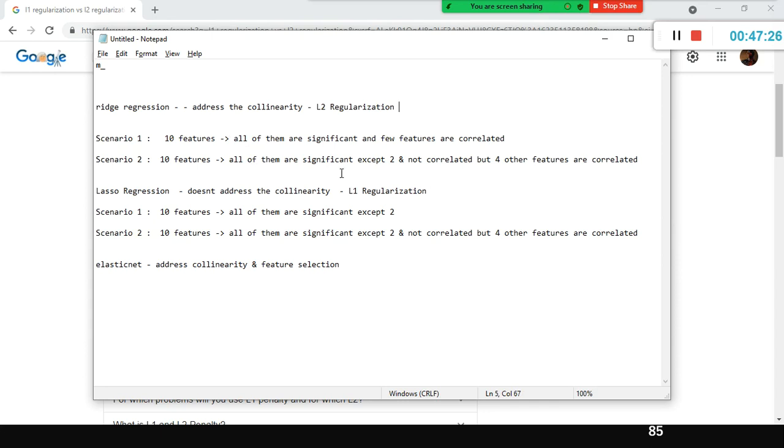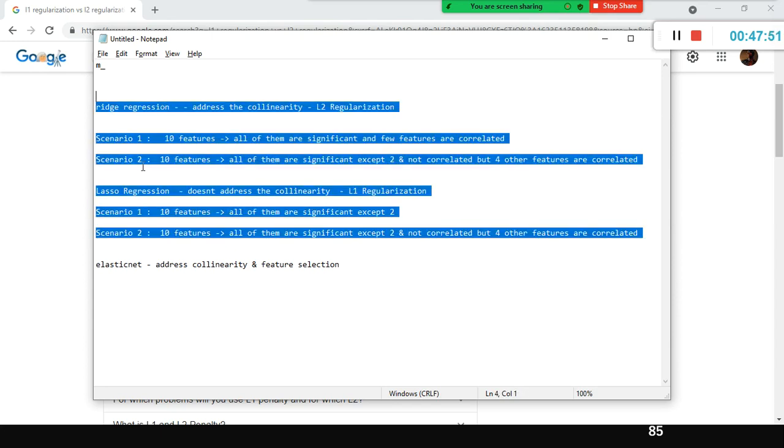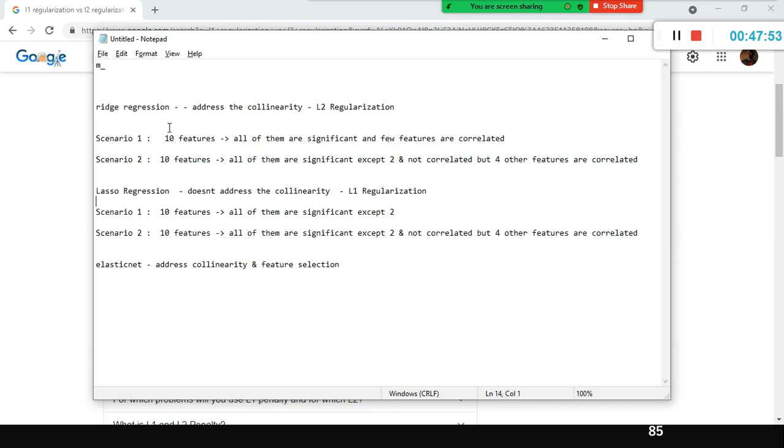See why I introduced these terms? At a later point in time, in other models, we will be specifying the regularization type also. There you will have to say either L1 or L2, so that the algorithm can understand whether it has to do lasso regression or ridge regression. All you need to remember now are these two. Elastic net we will discuss later.